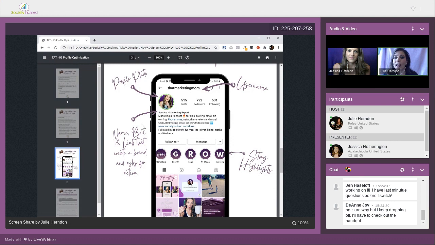Same with your name. Specifically with your name, you want to be certain if you can drop your last name. We're not showing the Socially Inclined account because we're in the middle of rebranding it. We're also cleaning up followers. Yes, we have a ton of followers, but they're not engaged. But that's for another take action conversation. From 13,000 to 2,000. So people go, what? Why would you do that?